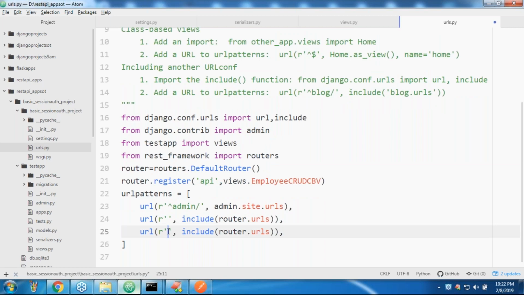Or here you can take accounts. Can you please observe very carefully, sir? Accounts, just like this is my URL pattern. This accounts is mapped with which URL pattern? Okay, Django